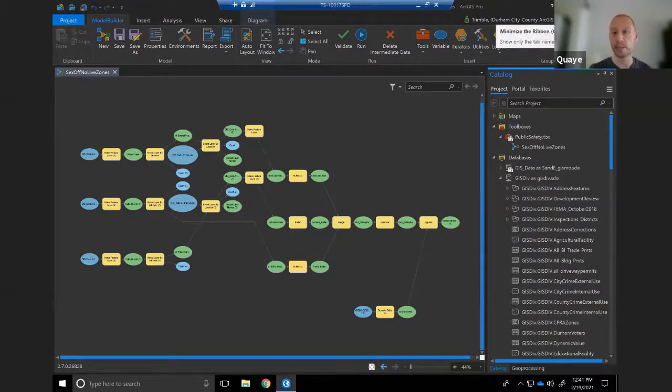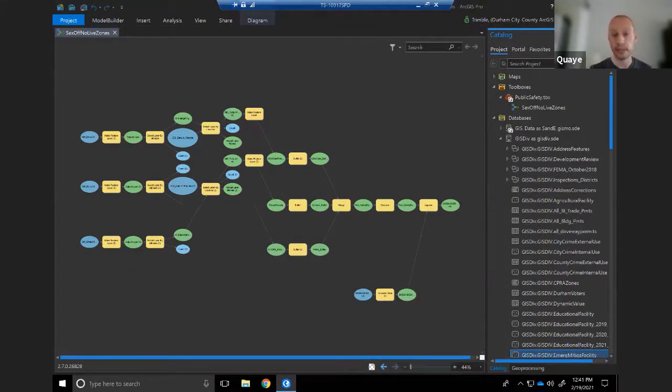Okay, so this is the ArcGIS Pro interface, and this is the model that I built. I apologize that it does look very small to you, I'm sure, but I'll try to zoom in as I'm describing the separate components of the model. At this scale, you see a lot of colors and shapes, so just a brief overview of what these things are.